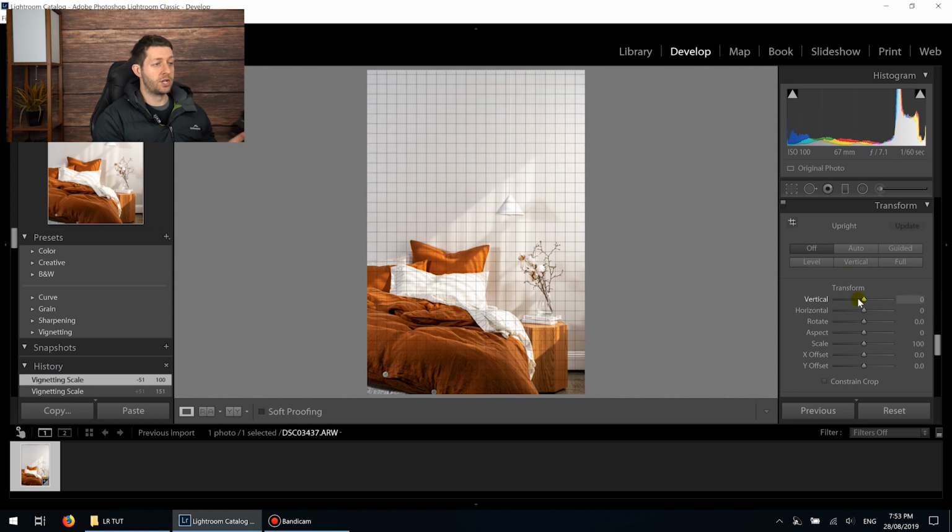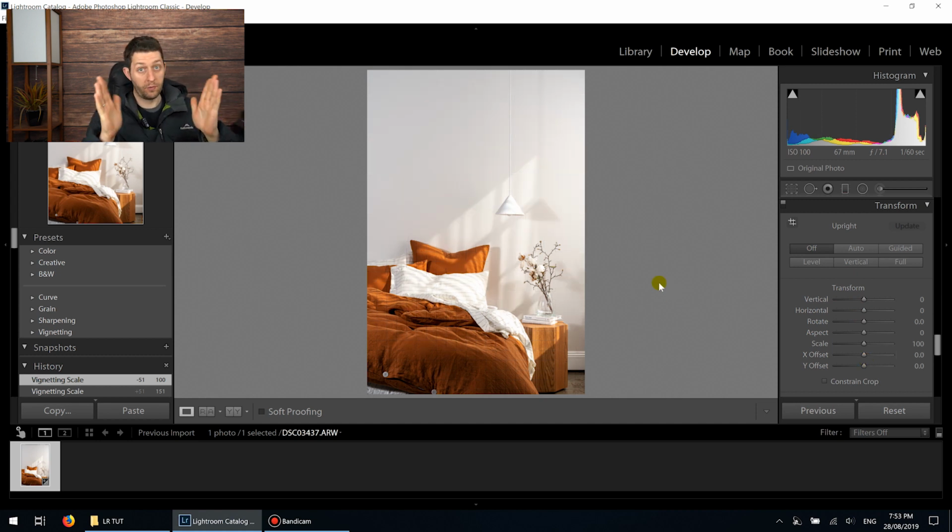This is where you can adjust the verticals, horizontals, rotate the image, all that kind of thing. This is very, very important for architectural and real estate photography because you want the verticals to be vertical, dead straight. Or if you're shooting a landscape, you want the horizon line to be level. So you might use any of these automatic tools here. If I do vertical, Lightroom's going to guess what's vertical. I think this should be pretty good because I shot it pretty vertical. Yeah, it hasn't done anything because it knows it's pretty vertical as it is,